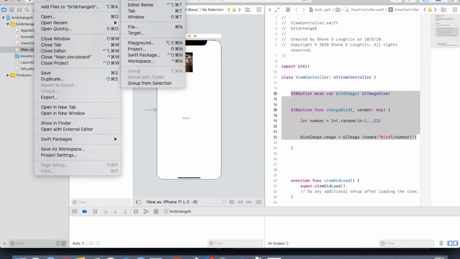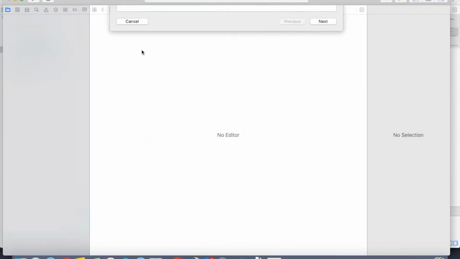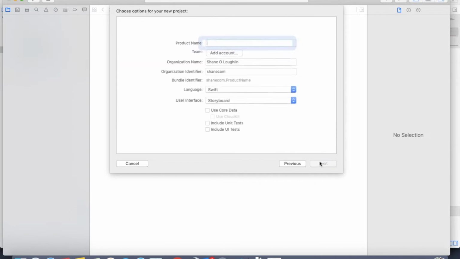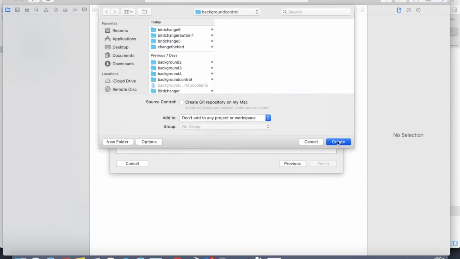So File, New, Project, Single View App. I'm going to call it Bird Changer, because that's what the app does. It changes the picture of the bird. Create. So the first thing I have to do